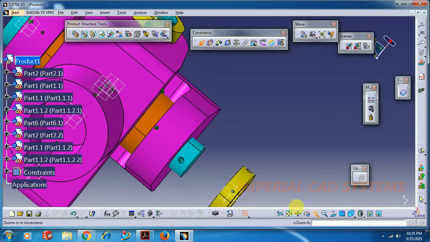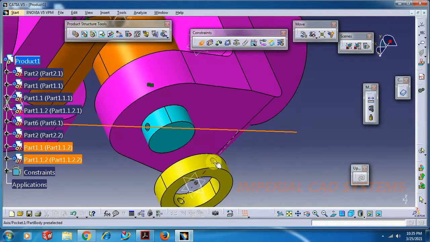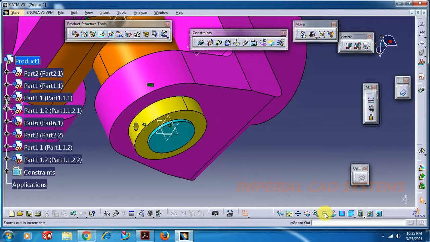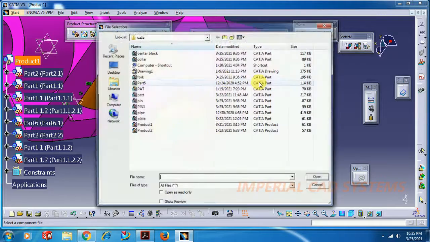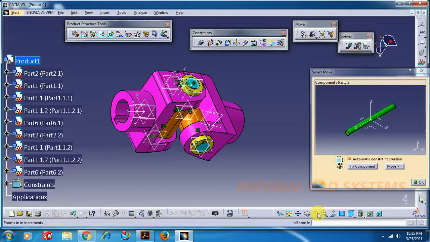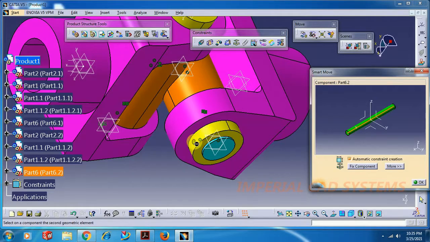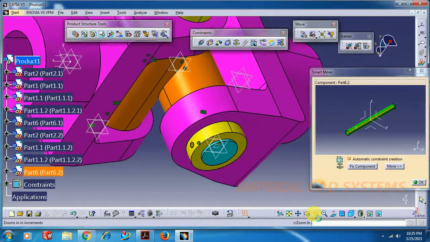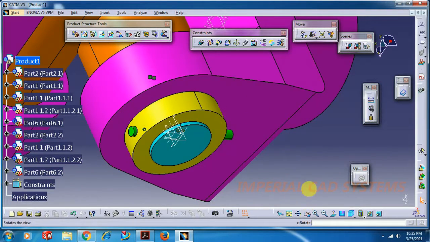Select coincidence constraint, zoom it, select this whole axis and this whole axis. Then finally pin. Go for existing component or define multi instantiation. I go for existing component with position, product, pin, then go for open. Select this axis and select this axis, go for OK.